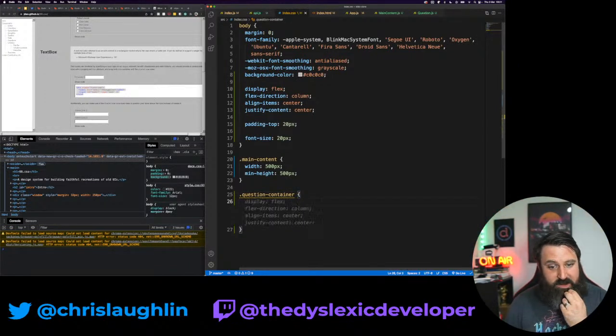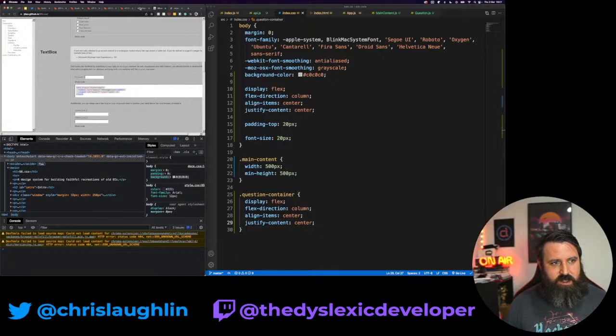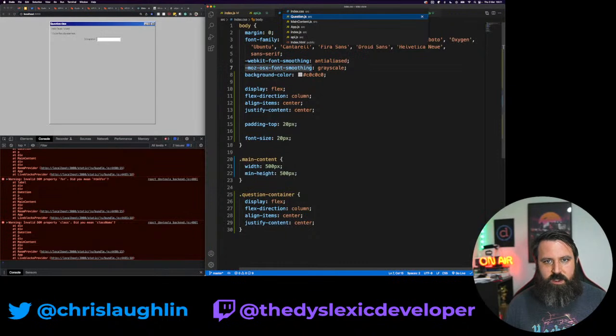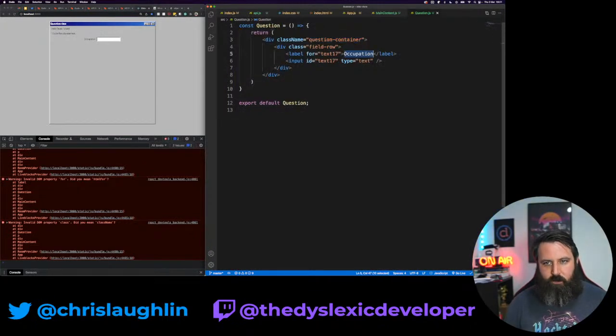By default, I know, and GitHub Copilot knows, that I'm probably going to do some flexbox display in this. Column, yes. Center, yes. Yeah, I think that'll work for me. Yep. Okay, that's cool. And instead of occupation, this is going to be ask a question.